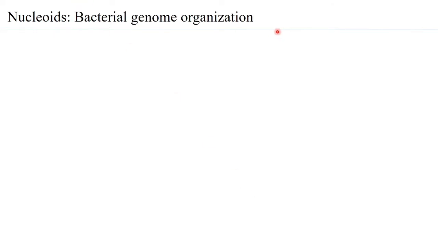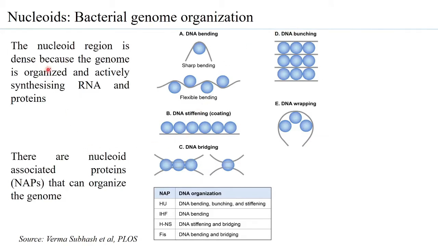So when we look at the bacterial genome organization, what is important is that this nucleoid region is dense. The question that comes up is, why is it dense? Well, the first thing is that there is the DNA already present. But this DNA is also present along with certain proteins. These proteins enable the DNA to exist in an organized form. And also what is observed is that the DNA itself is actively taking care of gene expression within the bacteria.